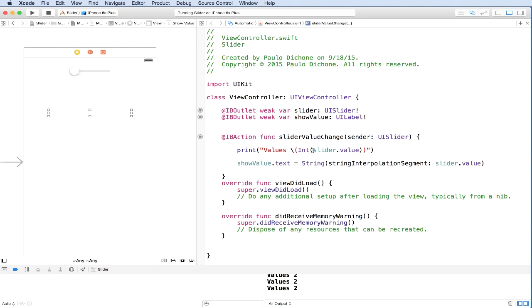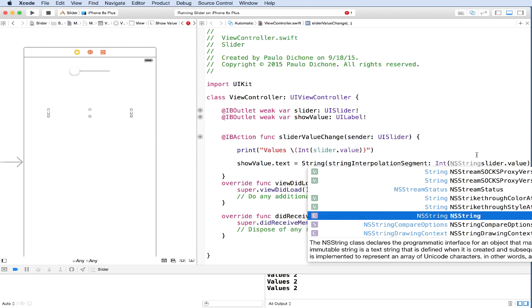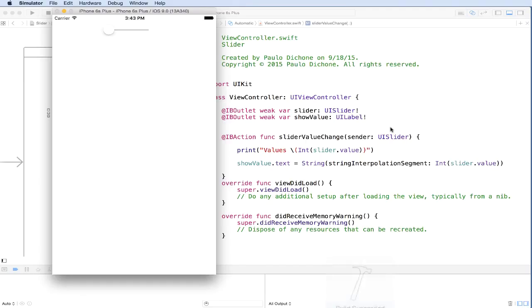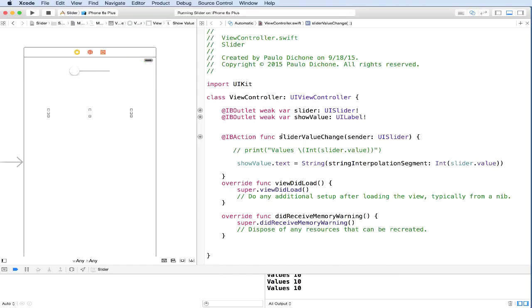Perfect. The same thing we can do as we did here, because we wanted just to see whole numbers. We can go ahead inside here, just say int. Again, we're converting whatever we have there. And let's close this. There we go. So now whatever we're getting here is being converted into an integer. So let's save again and run. We should be able to see whole numbers now. So look at that. The other thing I would like to point out is if you look inside of this function here, it says func slider value change, has sender, which is of type UI slider.